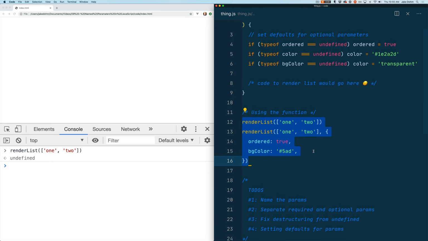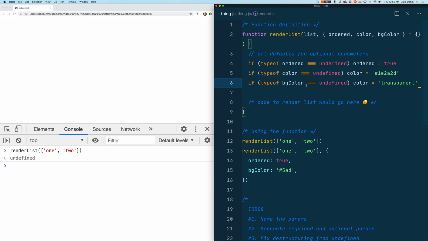But one thing that we don't have yet is we still have this weird default setting in our function body, which doesn't really make a lot of sense. It's writing imperative code for something that should be declarative. You should be able to declare what the default for each parameter is. So we can actually move each of these things up into our destructuring. So we can say ordered equals true, and what this will do is